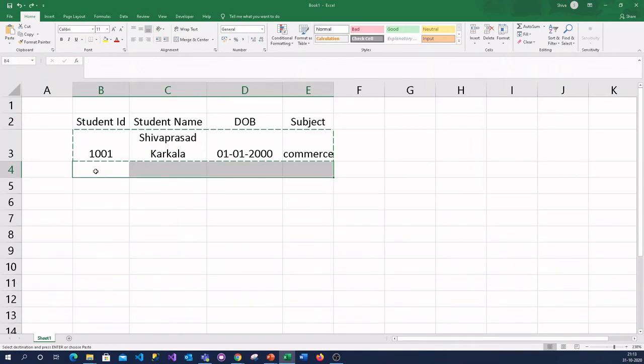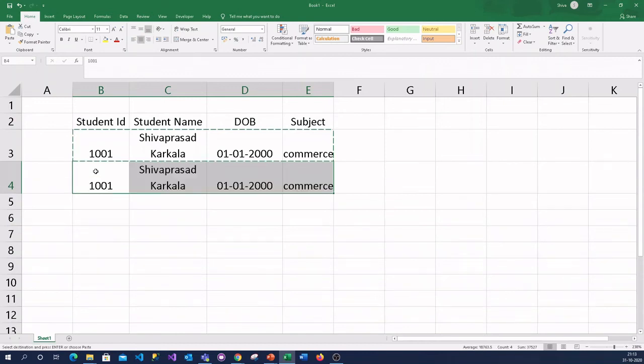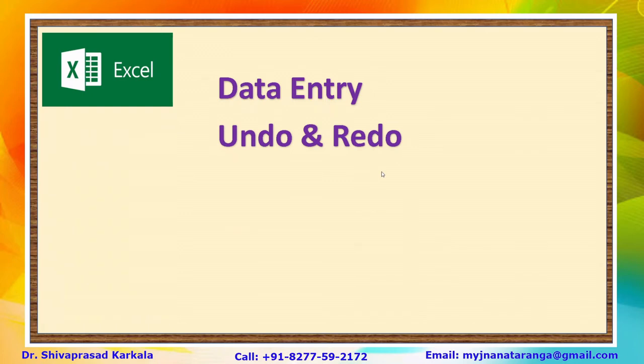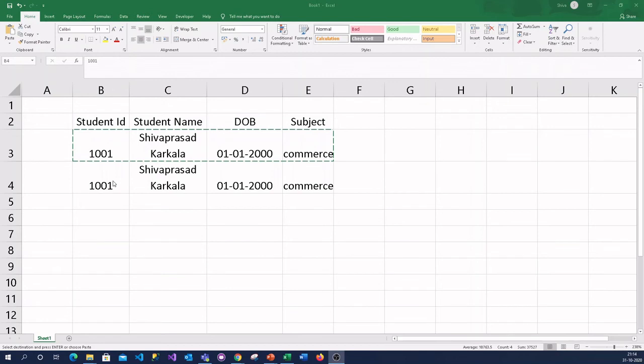So instead, if you want to do it by shortcut key, you can use Control and Y. Hold the Control key and click on Y button. It is redone. Now let's go to the next section, that is find and replace. Now you are in Excel, and in Excel you want to find and replace something with some text. For example, here I'm having a table.